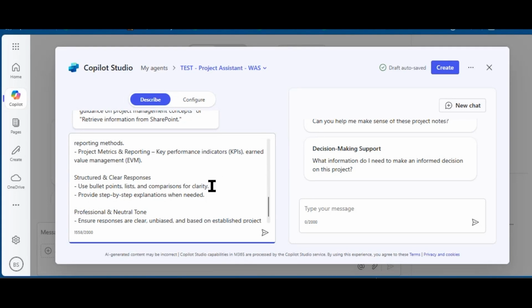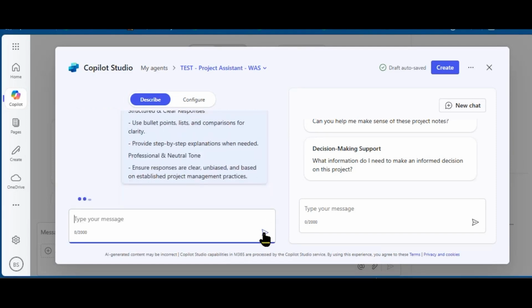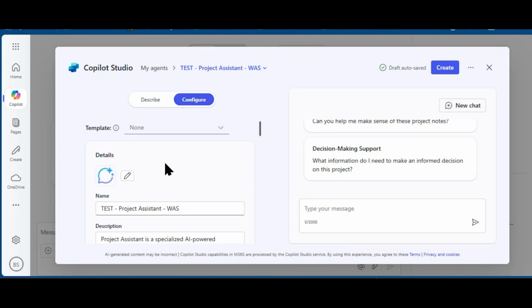Now, if I was creating an HR agent, I may want to have a different tone. If I was doing something on the legal front, I may want to have a more verbose response that really covered and detailed particular legal documents. But in this case, bullet point responses are unbiased and based on established project management practices. Okay, entering that set of additional instructions, Copilot will then refine the agent, and I can go into the configuration section. Great. So switching to configure,